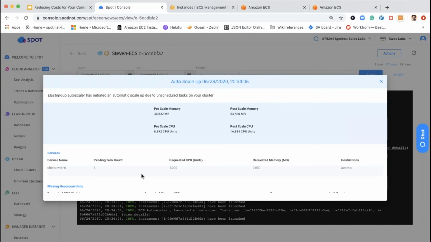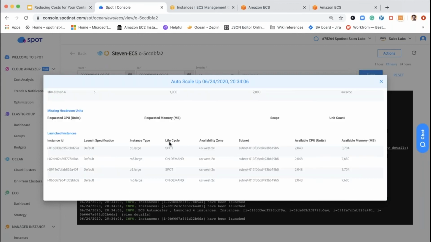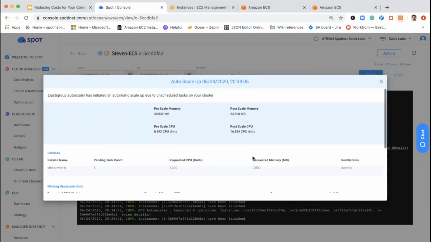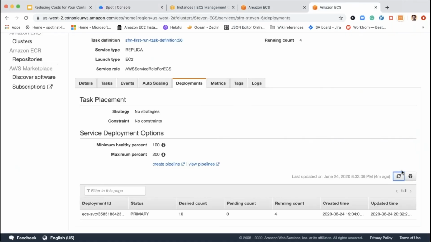And just quickly, right in here, we can see that we had 4 tasks there earlier. So Steven 6 now has 6 pending tasks, each one of them requesting 1 vCPU and 2 gigs of memory. As I mentioned, the cluster runs 50% spot, 50% on demand. So we got a few larges, C's and M's, 1 spot, 1 on demand, another spot, and another on demand launched to handle that. In the meantime, in the ECS side, we can see that